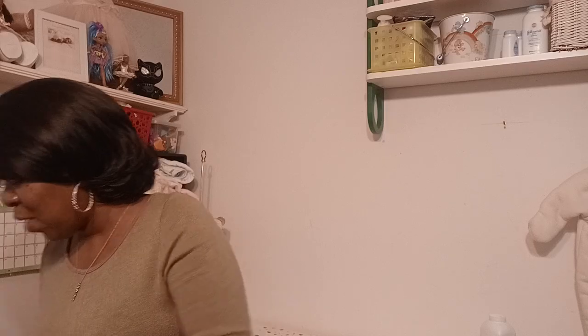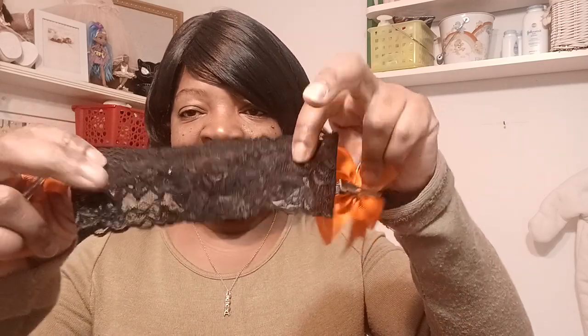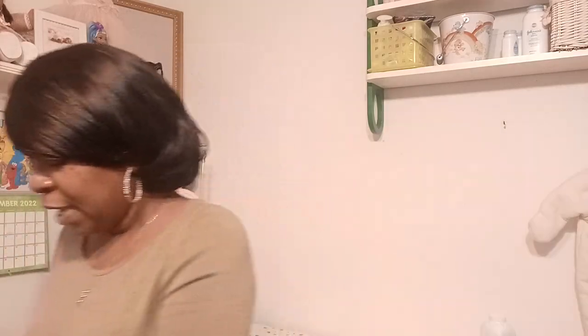I have some little fuzzy white socks that I'm going to put on her. And then this is the little outfit that I'm going to put on her today. It is just this cute little outfit. I was trying to look for a little head bow to go with it, but the only thing I came up with, guys, is this cute little lace black headband. I'm not sure if I want to put this bow on it or this bow right here, but I'm more going with this one here. Okay, so let me bring my camera a little closer, guys, and we're going to go ahead and get started